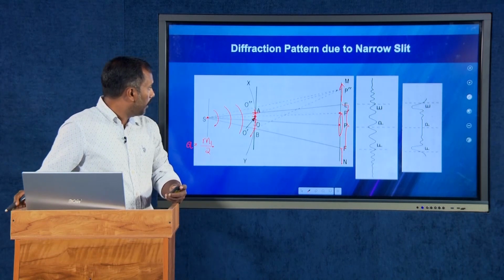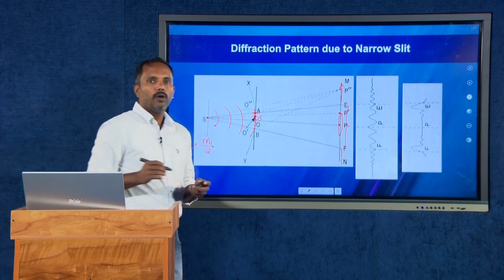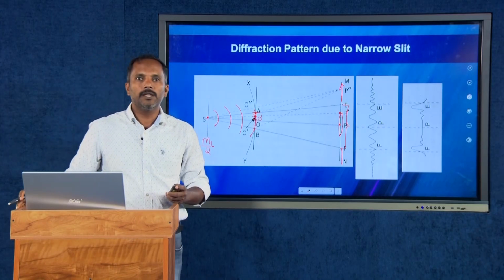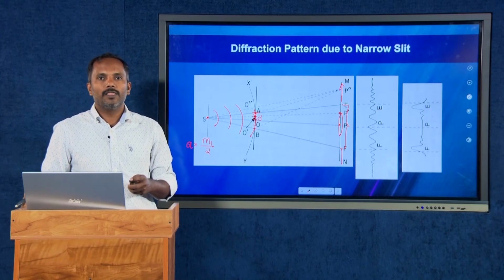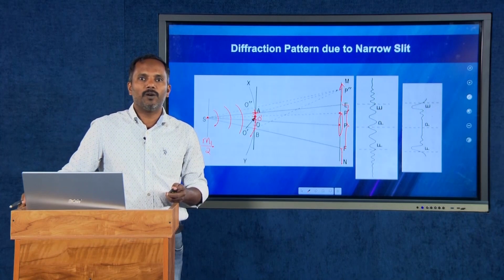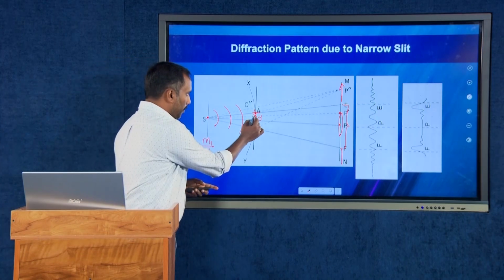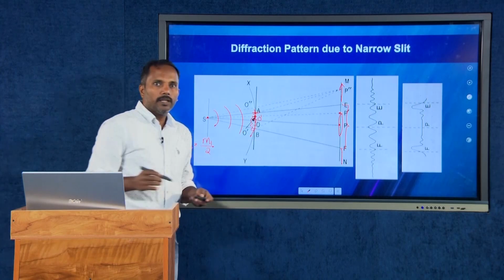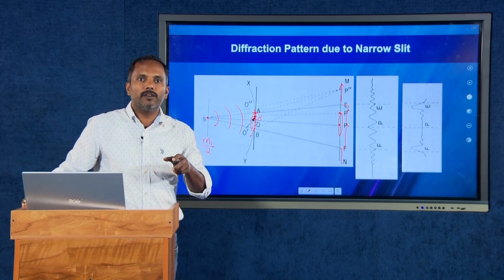Now that is O dash. Let me take this point as O dash. Now O dash is the pole with reference to P dash. If the wavefront is divided into half period strips, the number of half period strips between O dash and B, in this region, will be quite large,